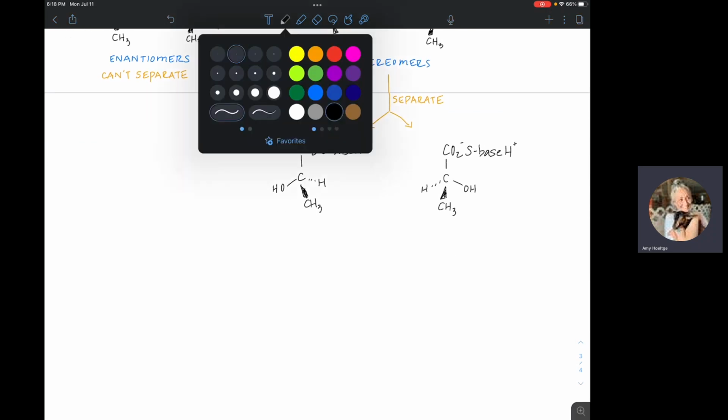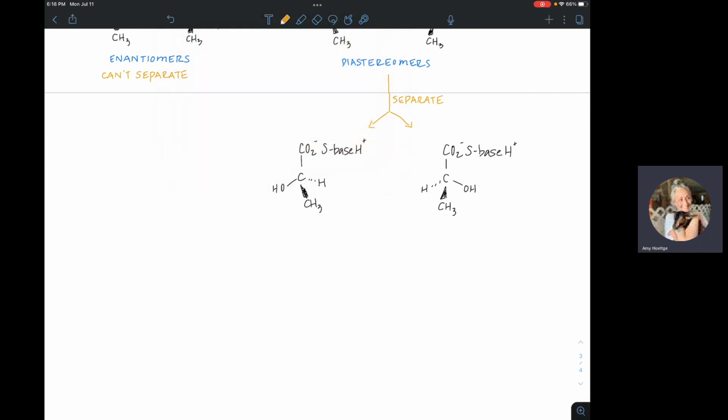What I can hit this with, now that these are separated from each other, is some aqueous HCl, to reprotonate the carboxylic acid,